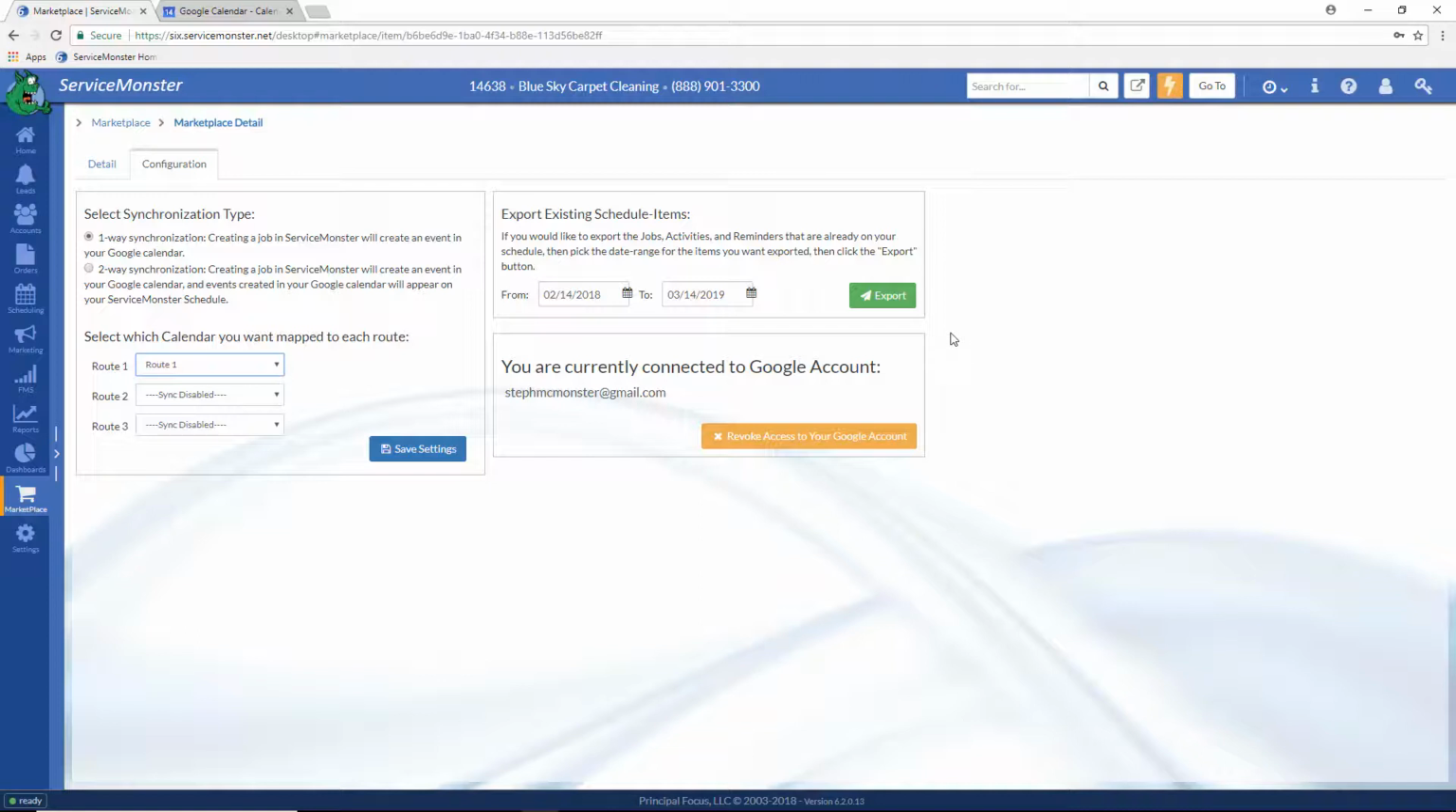If you want to enable two-way synchronization, which means basically that changes made within Google Calendar will affect ServiceMonster 6 schedules and vice versa, simply select two-way synchronization. Save settings. To revoke the sync, all you have to do is click this yellow Revoke Access to your Google account. Click OK,